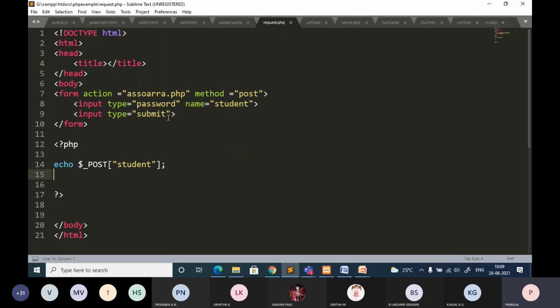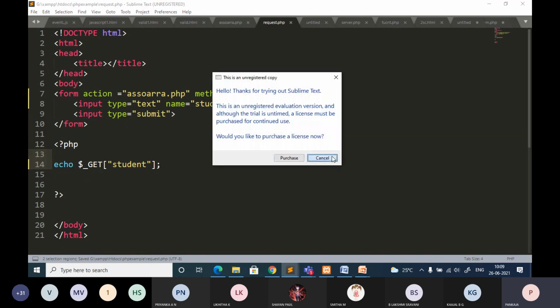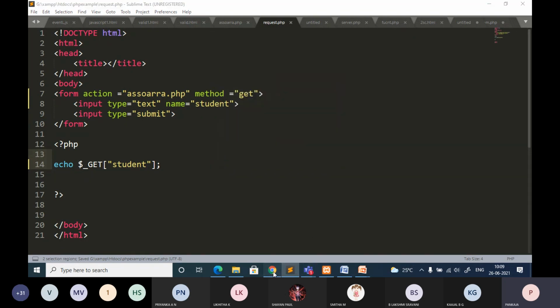I think we have already executed this one here. Instead of password, let it be a text, it is not going to be a problem. So now let me first show you with a get. This is already done. I am just showing how you can make use of this request variable. Just save it. I've already switched on the control panel. The server is running on localhost.